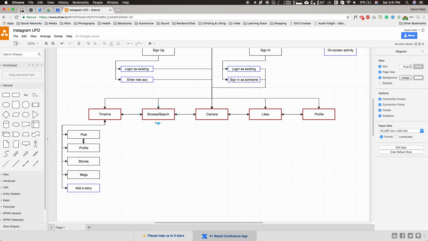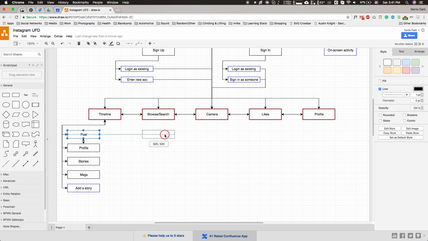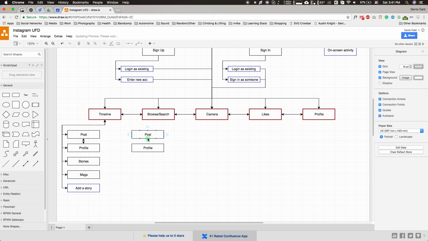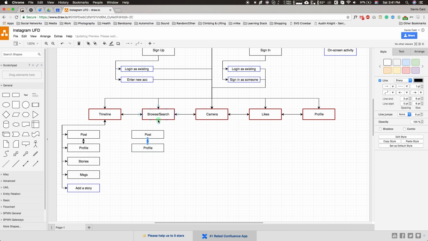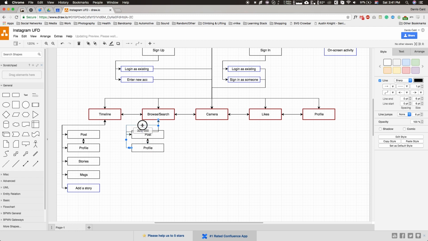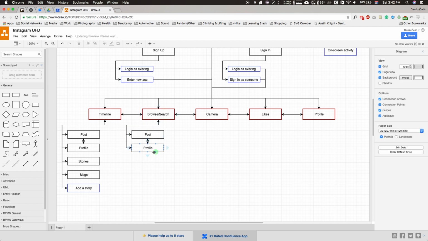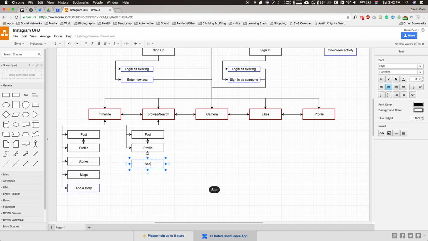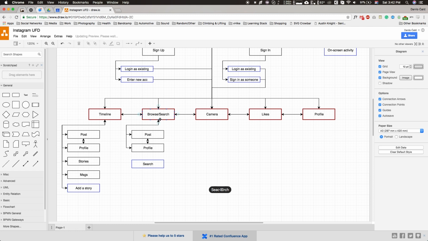Now let's see for the browse and search. You also open up and see posts. So I'm going to duplicate this and switch it a bit like this. Okay, and also you can see the profiles, and these are also double-ended arrows because you can always go further in. And I'm going to connect those to browse and search, and from this, what you can do, this is not on-screen activity, you can search for